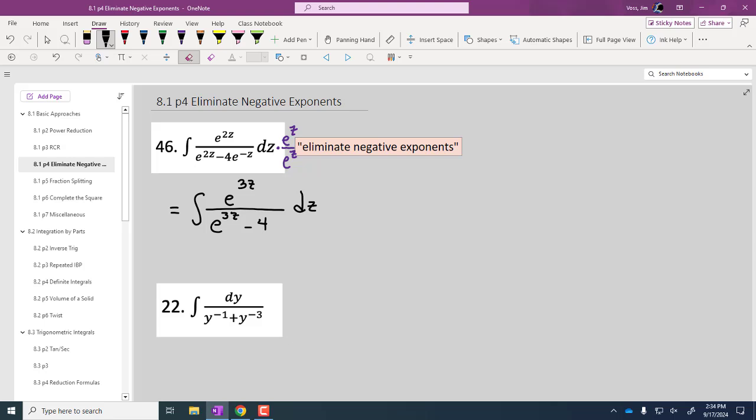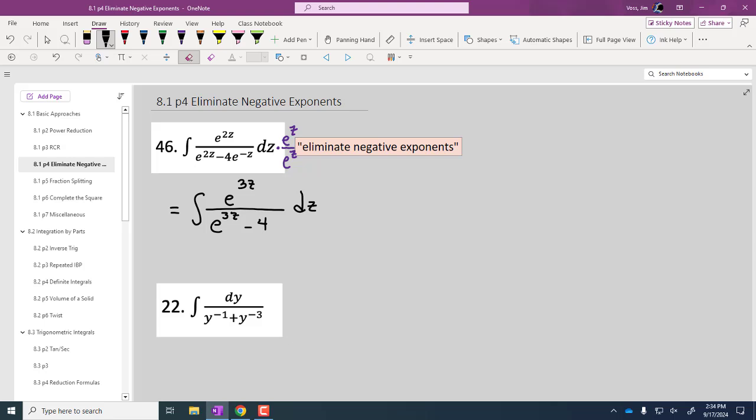Everyone agree? So e to the z times e to the negative z is e to the 0. E to the 0 is 1. Now we have an integrand that is